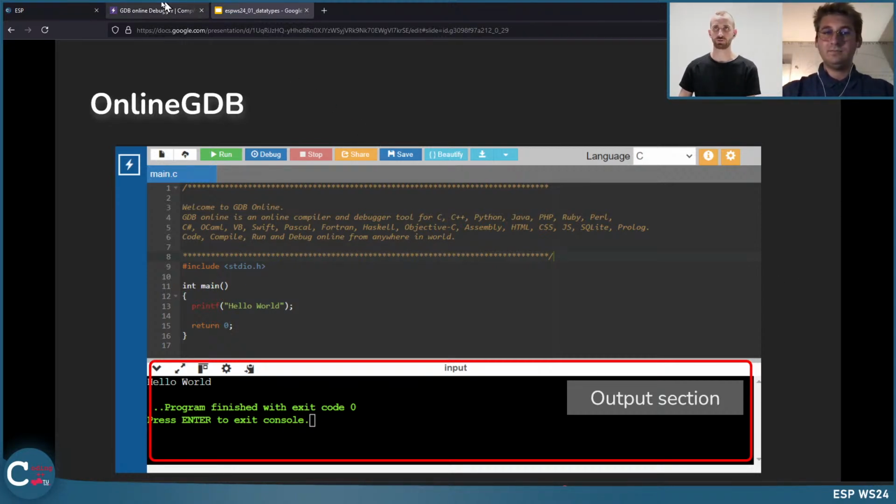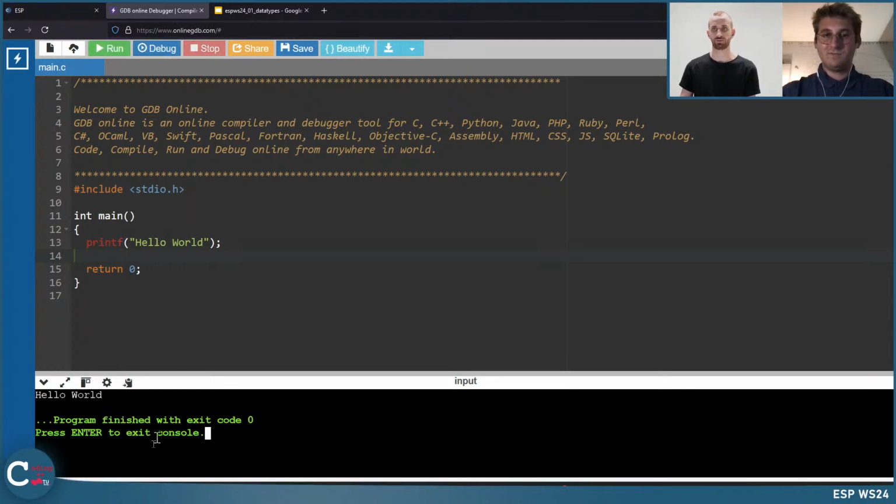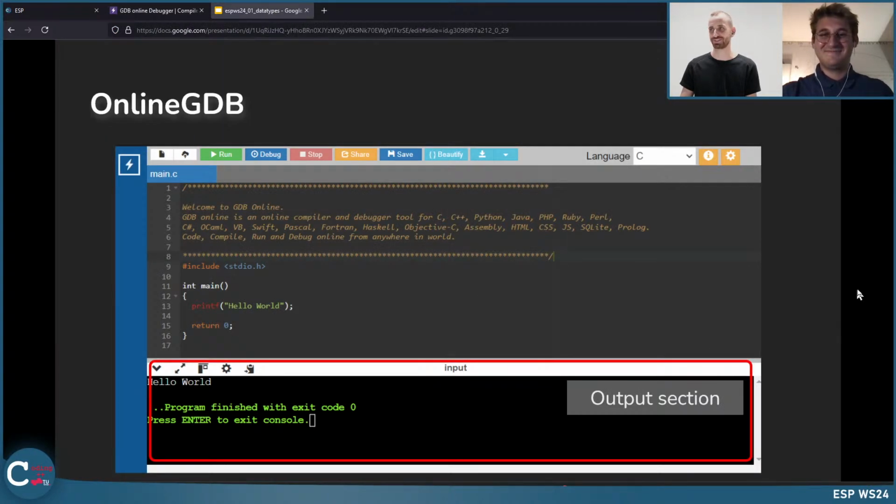And I can also switch now to Online GDB. It's here. I hope you can see it. And this is, as I said before, a very basic Hello World program. And if I run it, I can see here, okay, it printed Hello World. Let's change this to Hello Sebastian. Run once again. And yeah, it worked. So I changed already my first program to a more advanced concept. Yeah, let's say more advanced. Hello Online GDB would be better, yes.